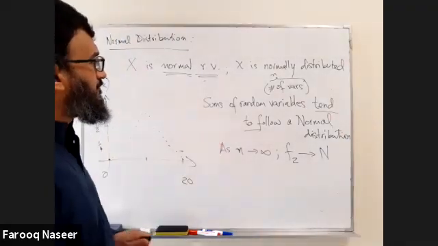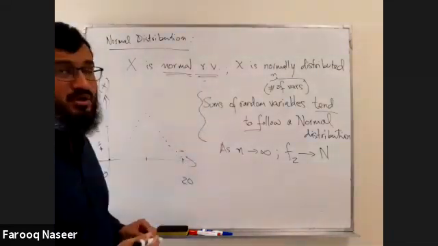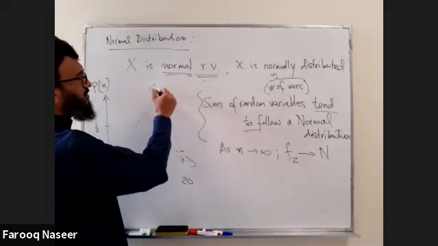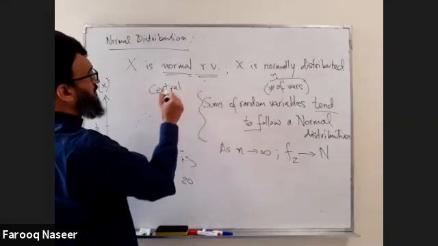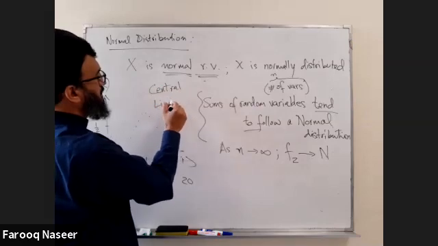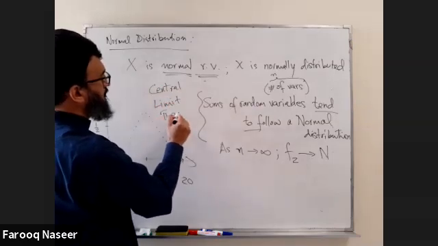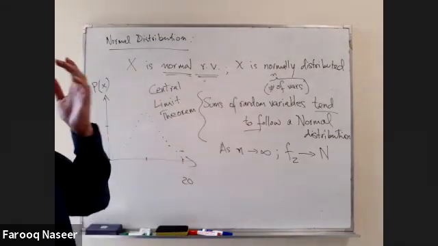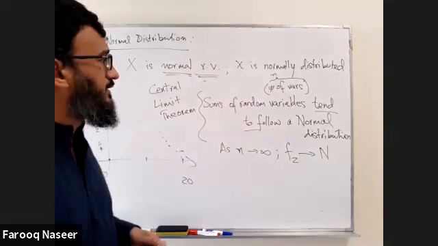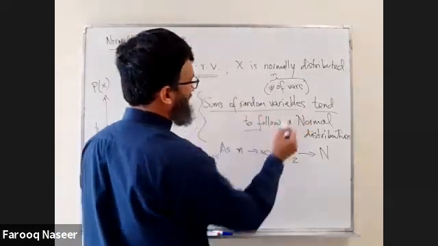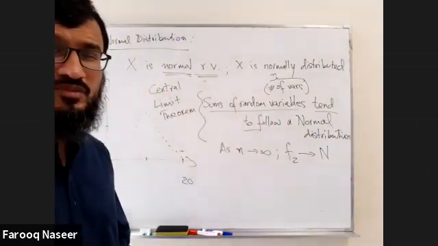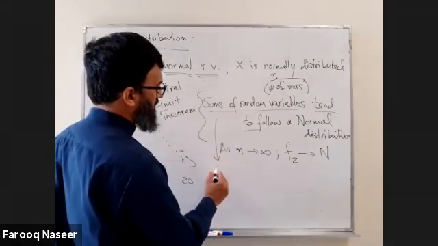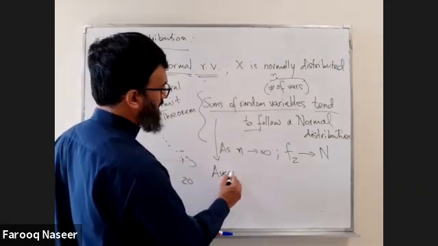So there's a name for this theorem. As I said, this is the most important theorem in the whole of statistics. What is it called? It's called central limit theorem. And in fact, the way it is stated, you can say this about summing random variables, sums of random variables. You can also say the same thing about averaging different random variables,